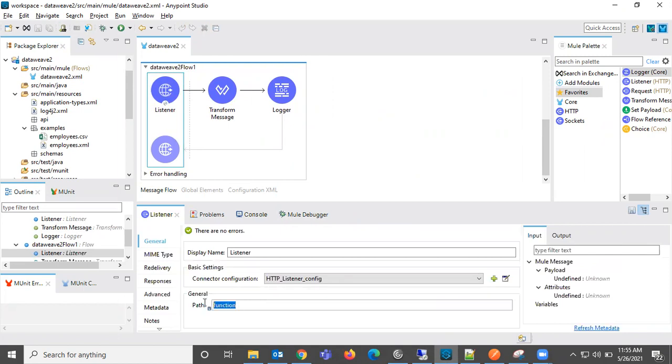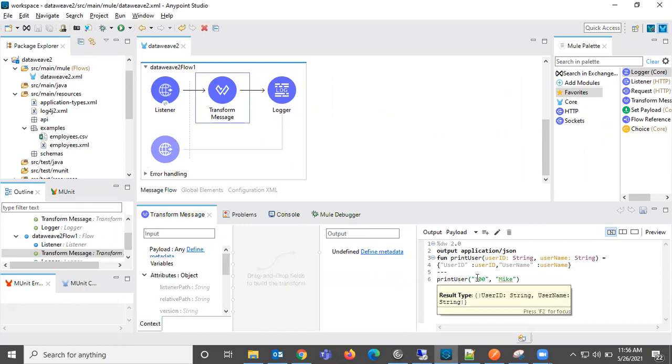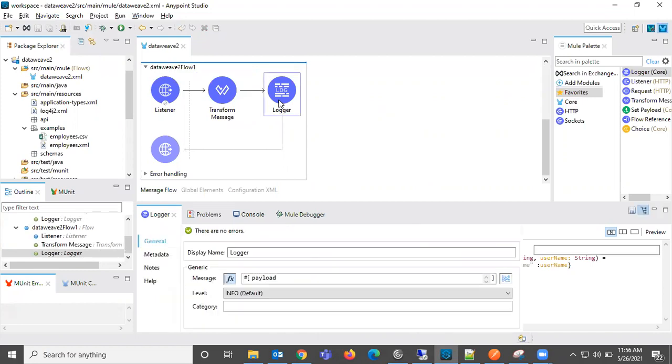This is listening at function. And here I just defined one function, print user. It is just returning the data in JSON format. It is taking the values from this function. This is the input. We are calling the function from here. So let us execute this.